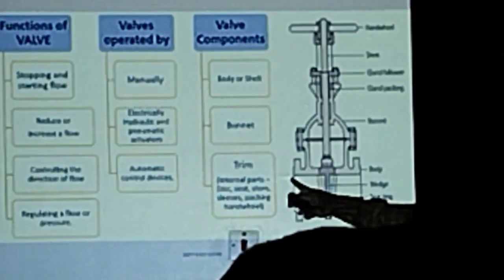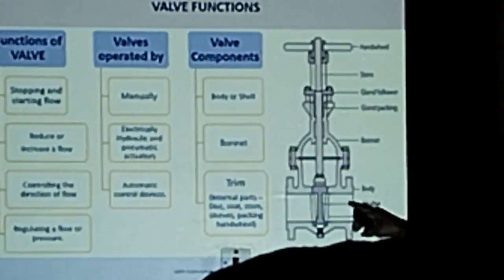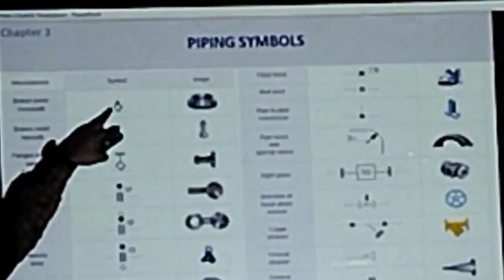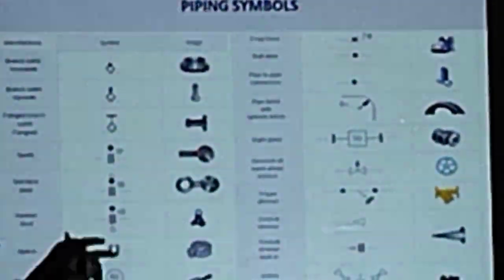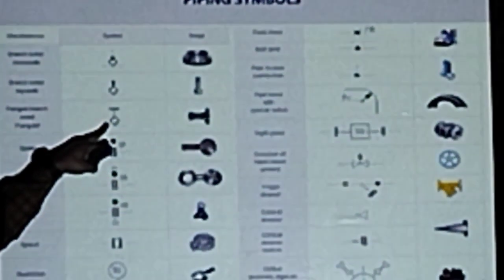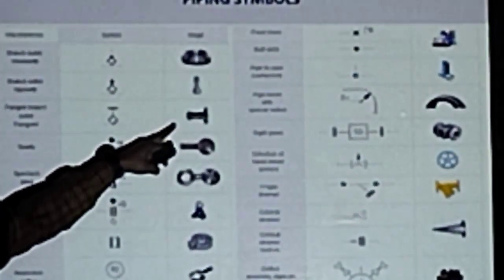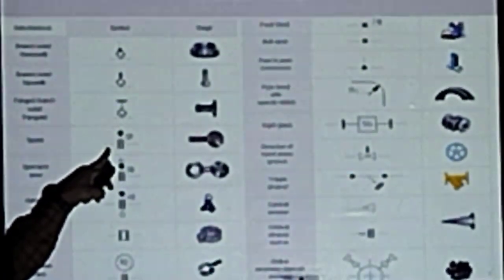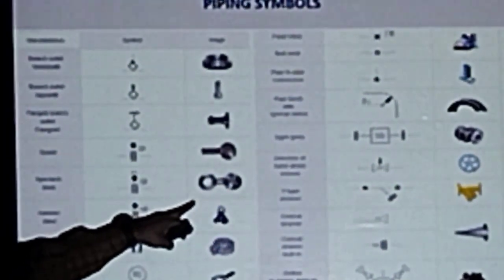This is the body. From here to here, it's called body. You can see, right? You can see, guys? This is flageolet. There is a flat fixed rubber. Flageolet like this. Spade. Blind. Also called as spade like this.